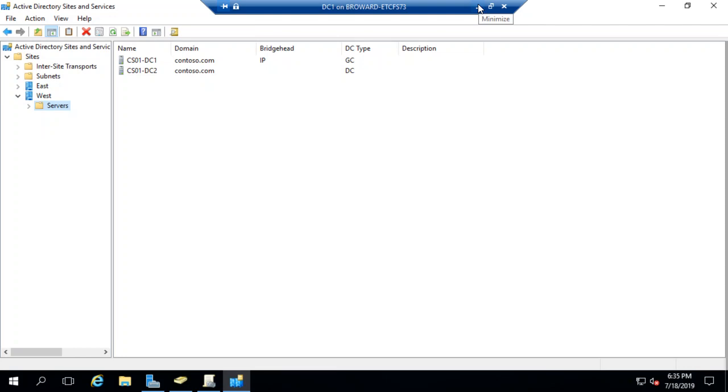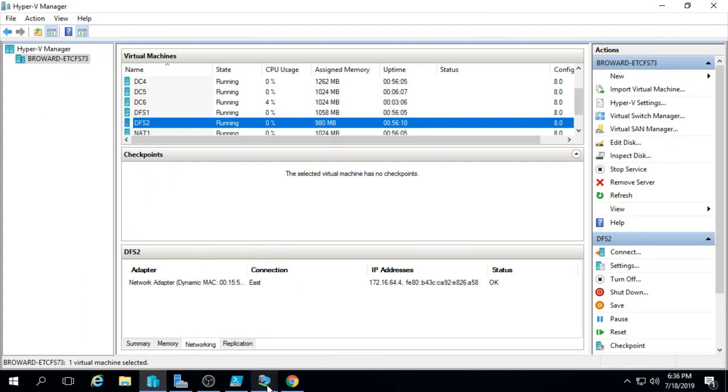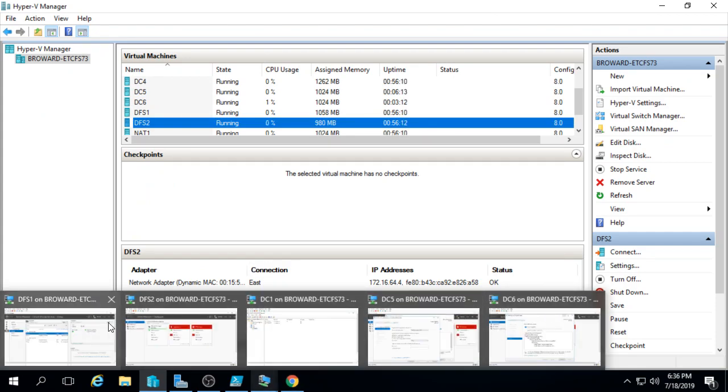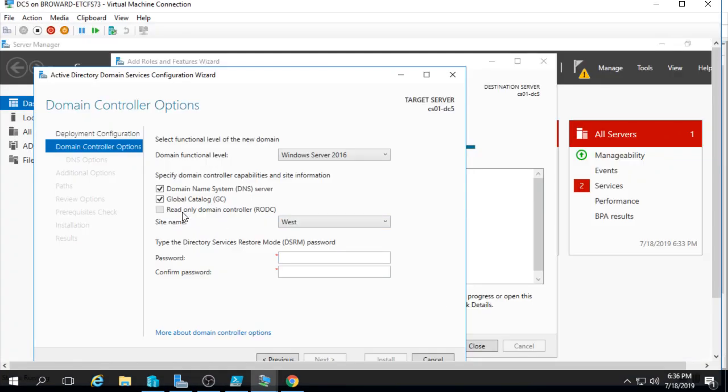Sometimes if you have a very big site with a lot of traffic, you might need 2 global catalog servers, but I wouldn't have too many. Too many would just cause replication traffic that you don't really need. So in this case, I don't need a global catalog. I'm still going to let it install